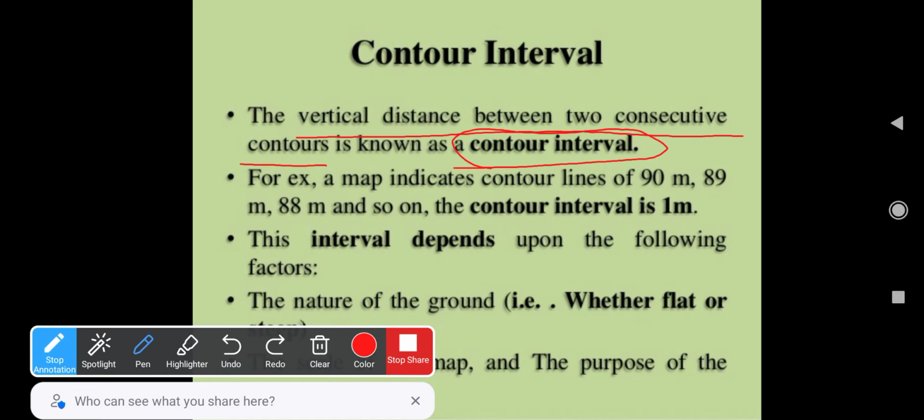For example, a map indicates contour lines of 90 meter, 89 meter, 88 meter, and so on. So the contour interval is 1. Why is it 1? Because from 90 to 89 there is a difference of one, and from 89 to 88 there is a difference of one. That is a 1 meter interval, or a 1 meter gap in between.